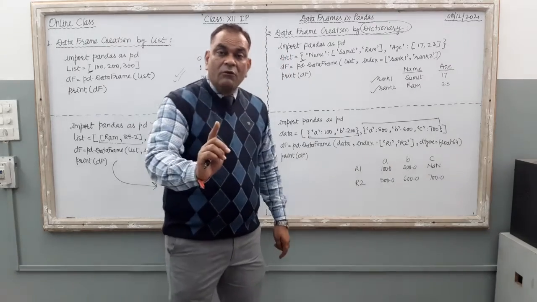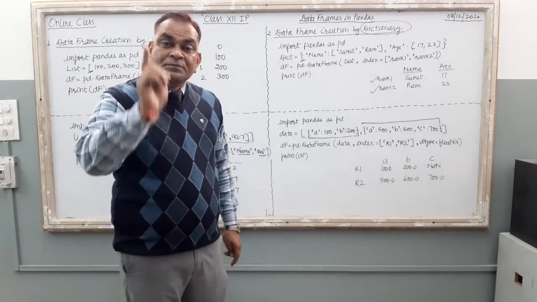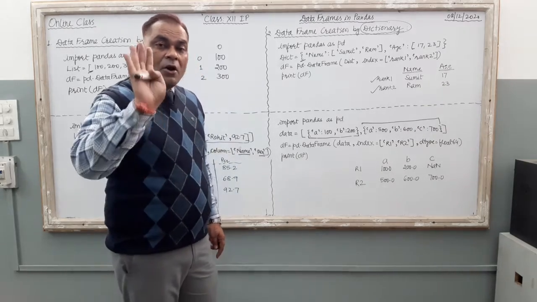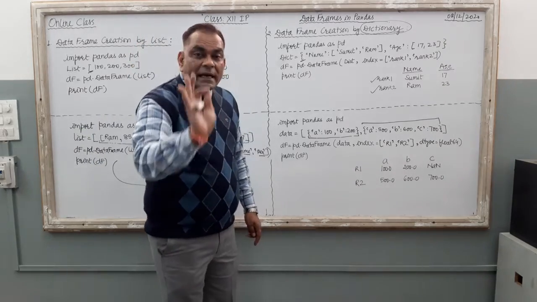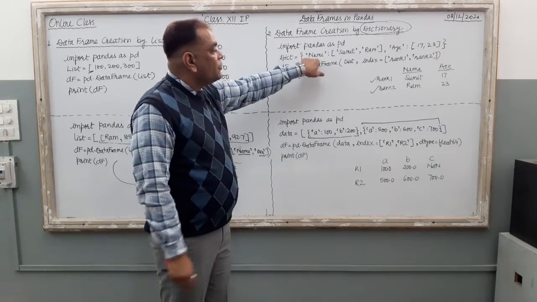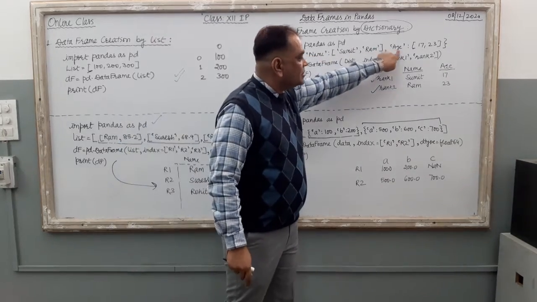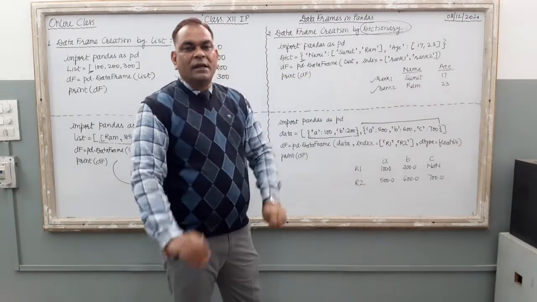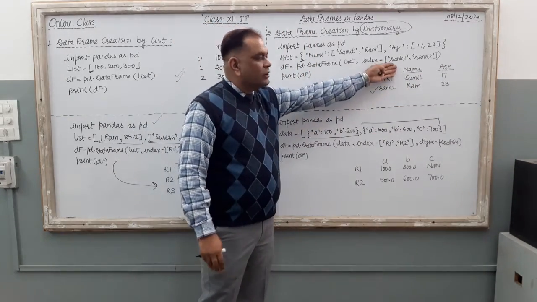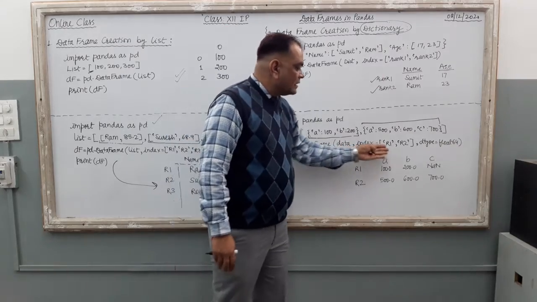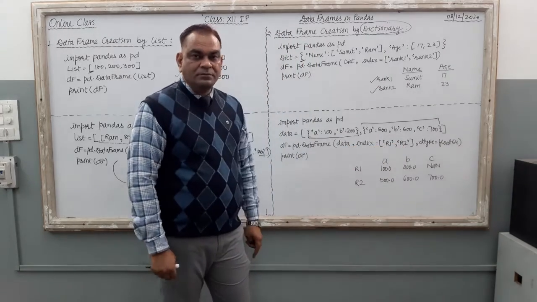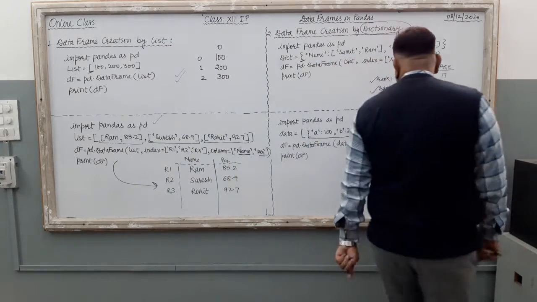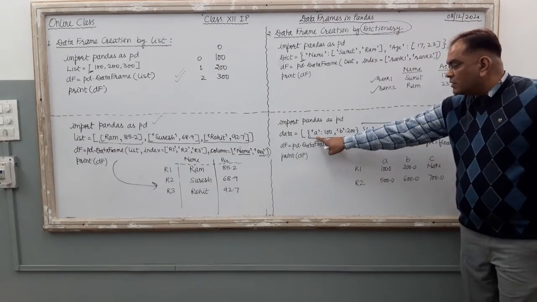मैं वापस बता रहा हूँ, when you are going to create the data frame by using dictionary, need not to supply the column name. Column name is automatically taken by the key of your dictionary. Here name and age, these are the column names. You just supply the index values only. Index कौन सा दे रहे हैं? rank 1 rank 2 ये supply किया. Here in this question index is R1 R2 ये supply किया. Clear?